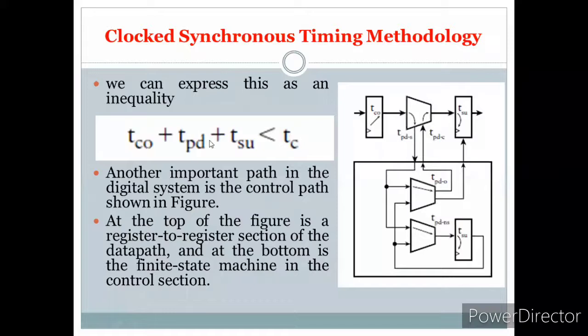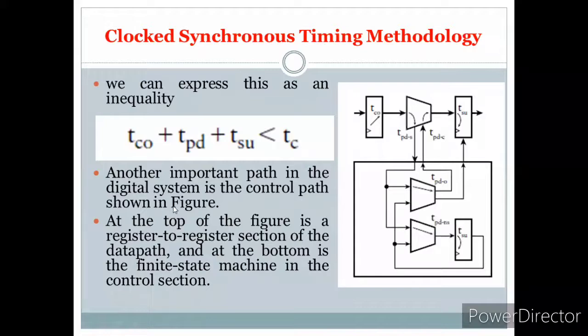So another important path. Till now we have concentrated on the data part. Another important path in digital system design is the control path. Now, if you observe the bottom circuit, this is the control section, which controls the operation of the combinational circuit as well as the flip-flops.